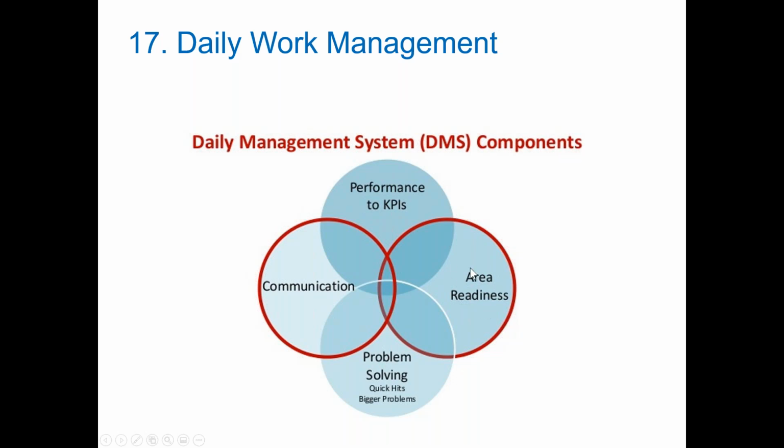We want to make sure that every area is ready to get the work done. We need to understand the concepts and tools of problem solving. There are, yes, the quick hits, and certainly we want those. The 5S is sort of a quick hit, but we also have those larger, that's the big QI and the little QI that Dr. Duran talks about. The little QI are the things we do right there in daily work management. But we need to understand that those little QI activities really need to roll up and support those bigger, those pernicious issues, those system issues. And then it ties it all up into communication, into what we're doing. So those are really the full components of the daily management system.